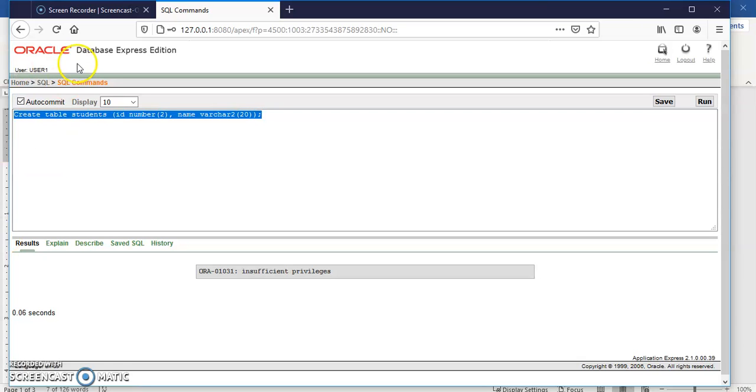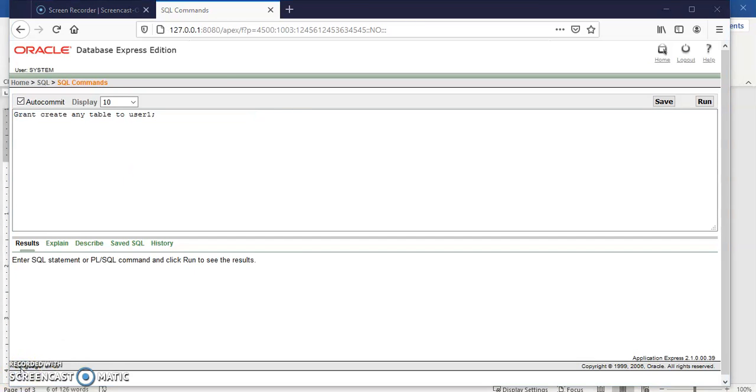For this we need the grant command. The privilege which the system user wants to provide to user1 is create any table. To grant any privilege, of course, we need to follow one syntax, that is grant privilege name to user. So let's execute this. Make sure you have logged in with the system account.